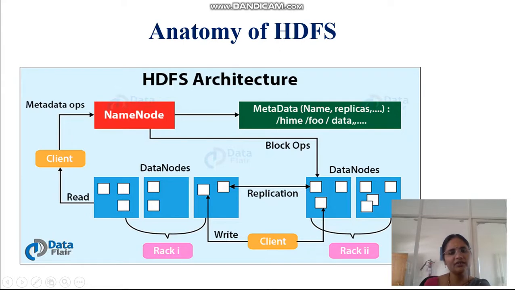Whenever a client wants to read data from the data node or write data to the data node, the client has to interact with the name node, because the name node holds the metadata. So it is data about data, here data about data nodes as well as the replications. Replication is nothing but duplication, exact copies. It is mandatorily maintained in HDFS.